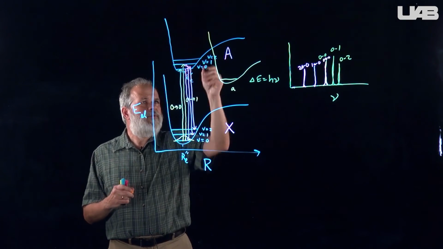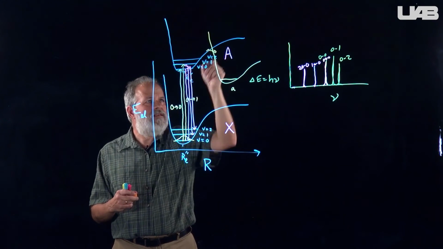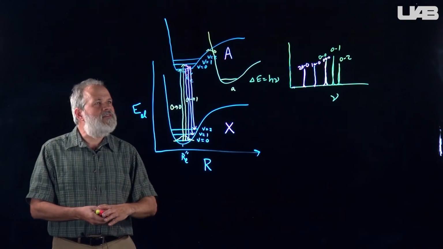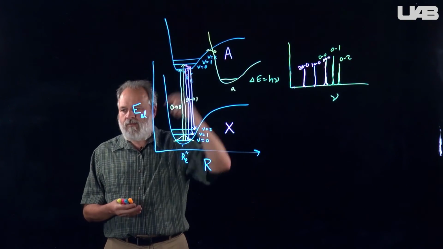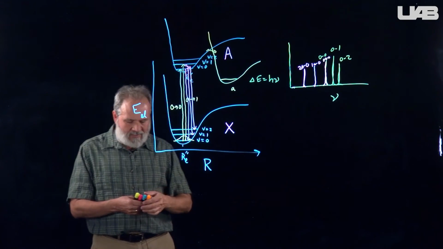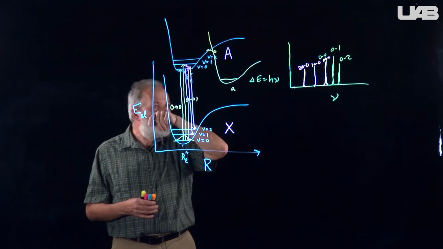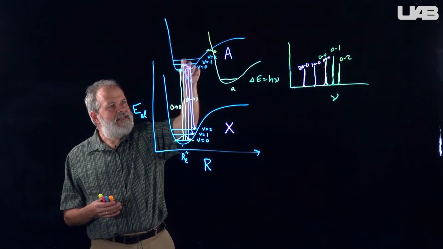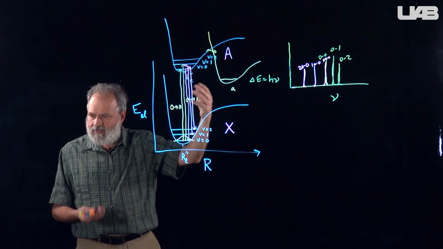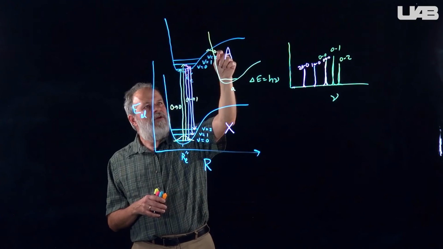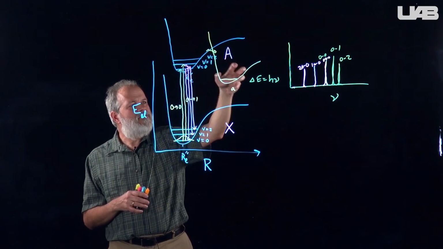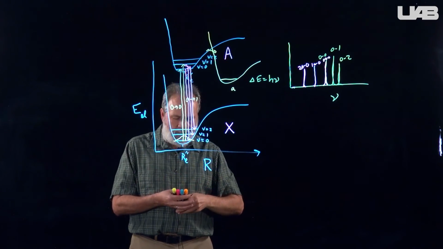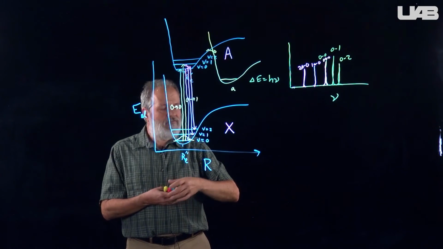And so what will happen is in the vicinity of where these two curves cross, you can actually have the molecule convert from the singlet state to the triplet state without the absorption of a photon. So this process is called intersystem crossing. So this process of relaxation within the excited state is called internal conversion, where you convert vibrational energy to other modes of energy. But going from a singlet electronic state to a triplet is called intersystem crossing, because this is the singlet system, this is the triplet. All right, now once you cross over,